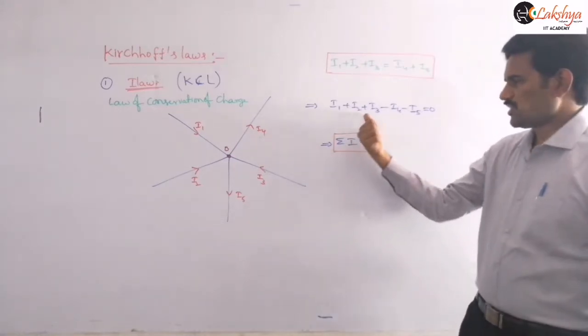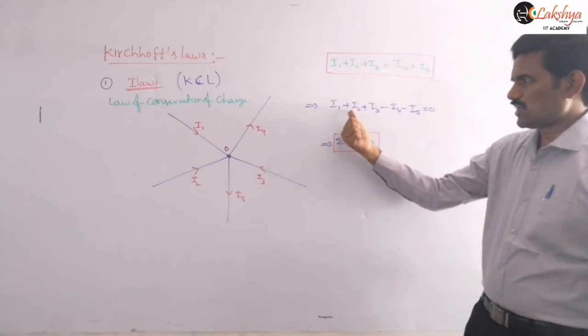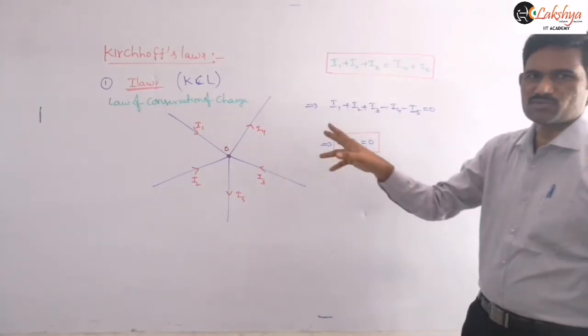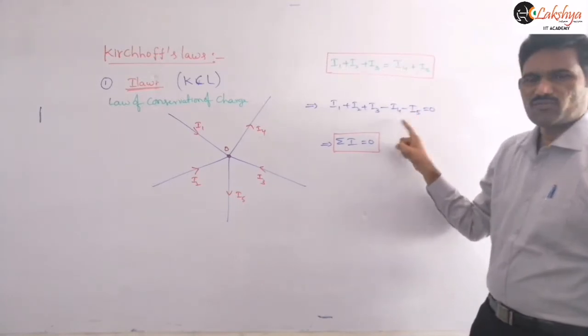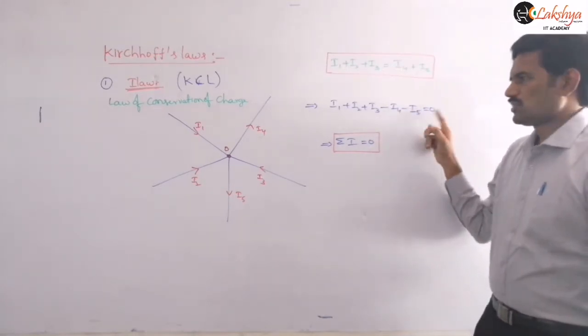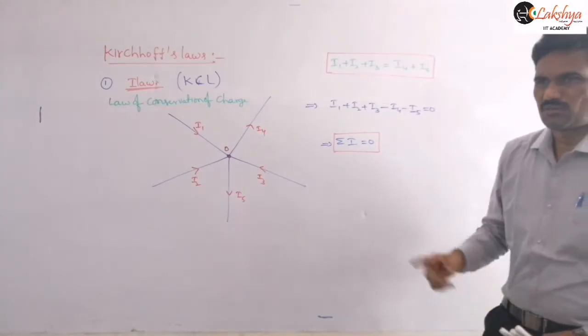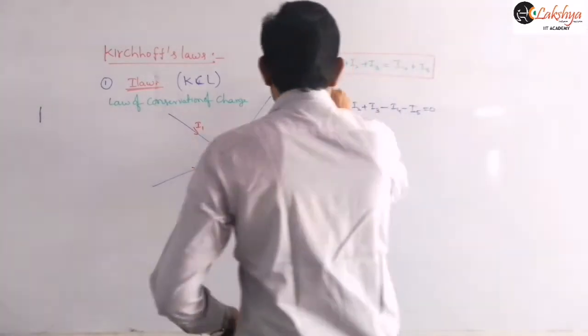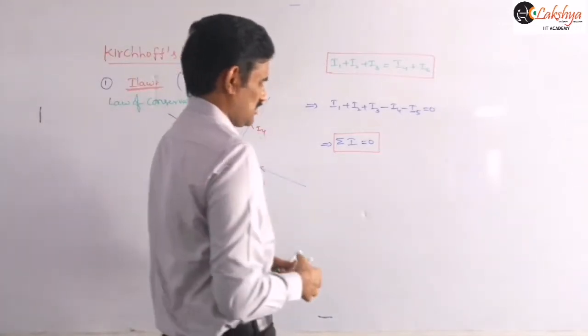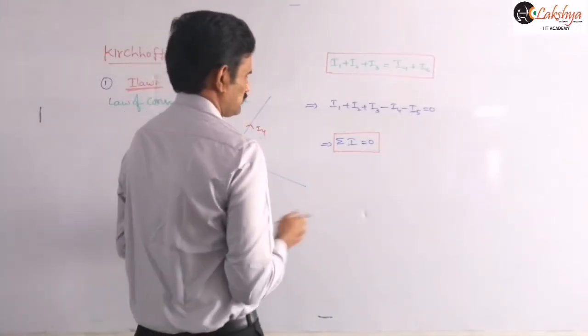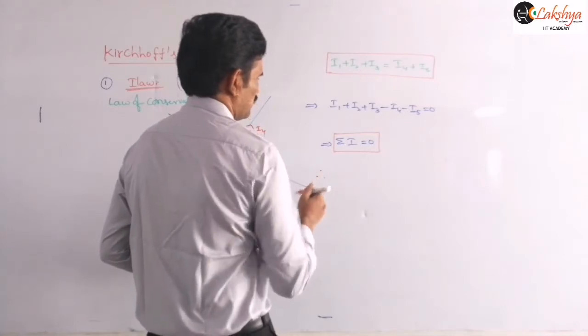In this equation you can observe that I1, I2, I3 are the currents flowing into the junction, so they are positive, and the currents flowing out of the junction are negative. I4 and I5 are negative, so that the total sum will be equal to 0. Mention this. After writing this equation, and after sigma I is equal to 0, now write this. Therefore,